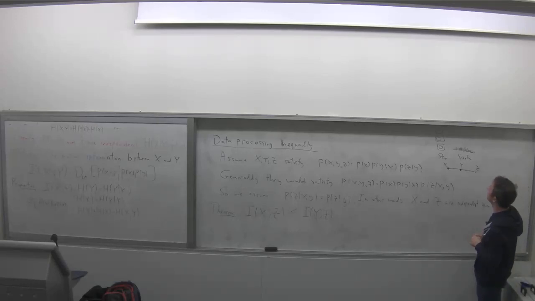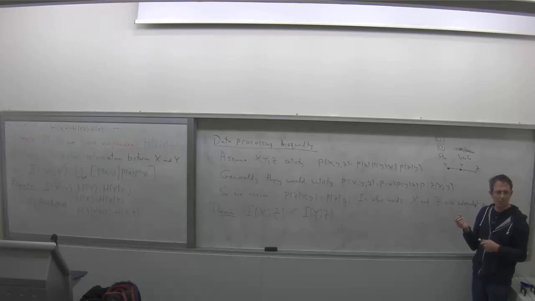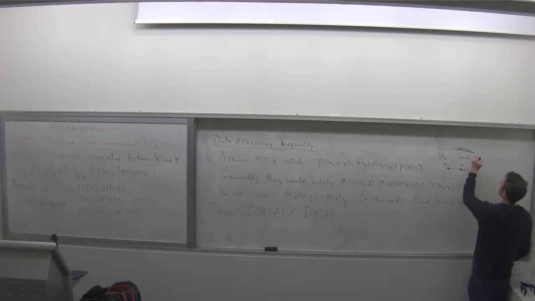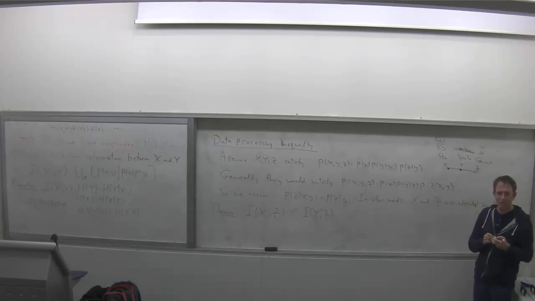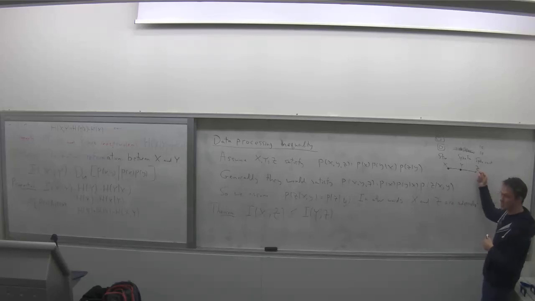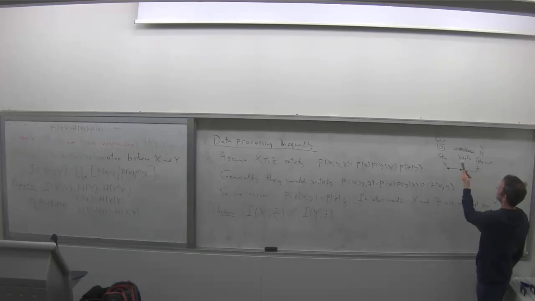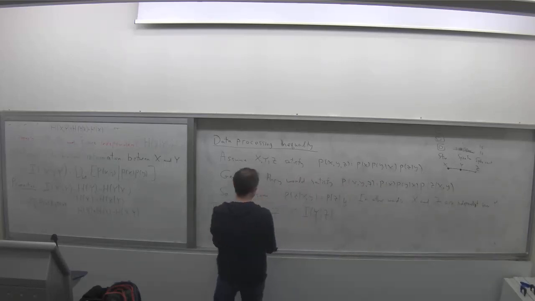Now you want to measure the joint statistics of the stimulus and the spike train, which is hard. Why? The spike train has a lot of possibilities. If we measure a second at millisecond precision, there are 2 to the 1,000 possible spike trains. So what people usually do is take, instead of the spike train, the spike count, which just counts how many spikes there are: say 10, 15, etc. Now you have far fewer possibilities for this random variable Z, and it becomes more practical to calculate the information between X and Z. So what does this tell you? It tells you that the information between the stimulus and the spike count is less than the information between the stimulus and the